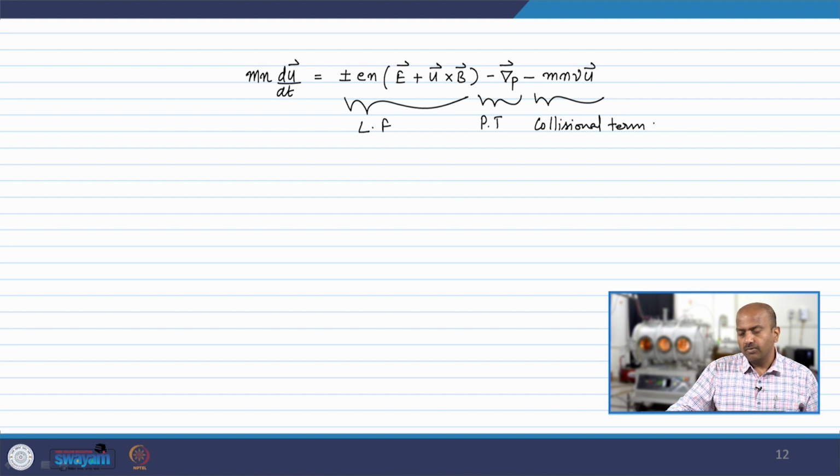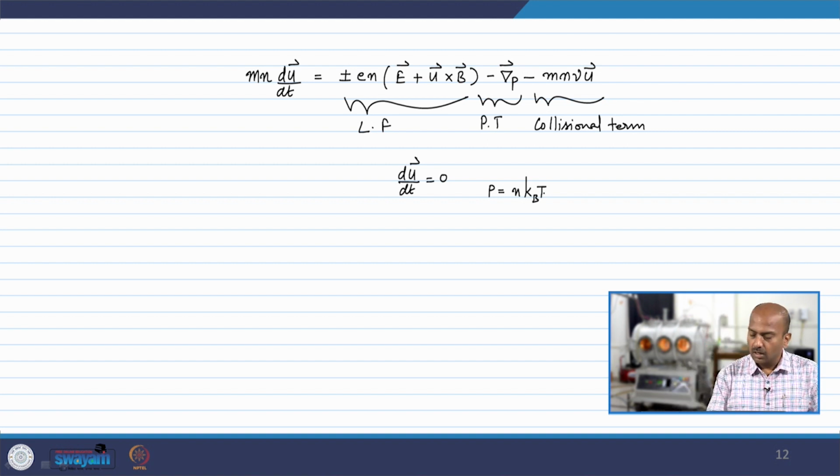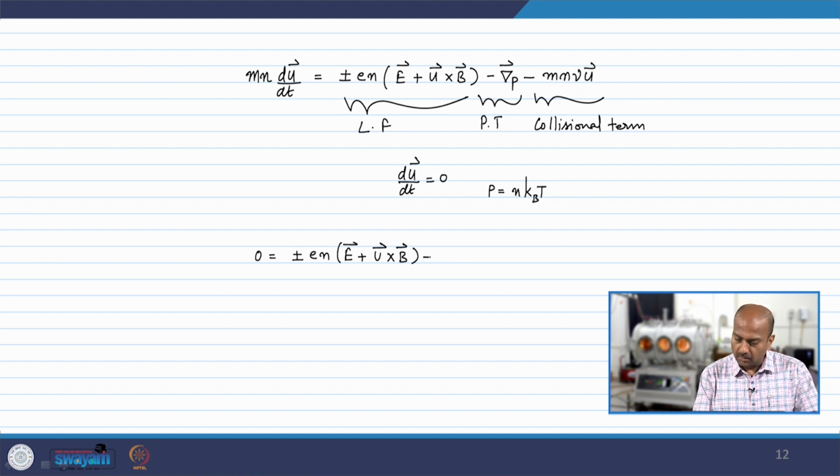a steady state. We can say that the steady state exists and the rate of change of velocity in this case will be 0. So, pressure P can be written as n kBT. Using both of these things, you can write 0 is equal to plus minus en (E plus U cross B) minus kBT del n